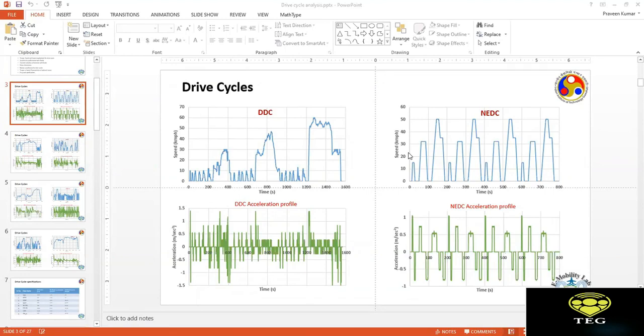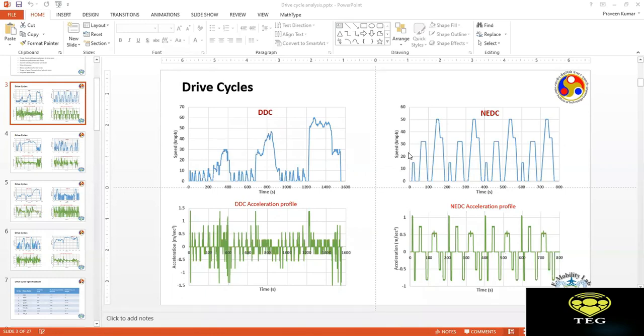Because in Europe the accelerations and braking and so on are more gradual, but that's not the case for the Delhi drive cycle, and that's even not the case for the New York City cycle. So these are some of the conclusions that we can draw from the drive cycle analysis. And then would come the next important part: how are we going to design the drivetrain for a given vehicle